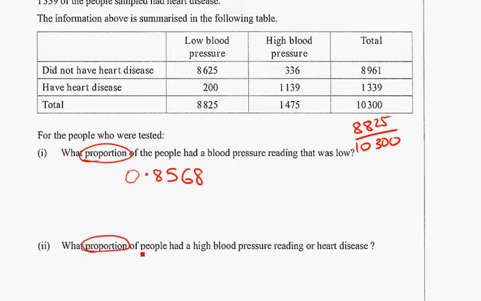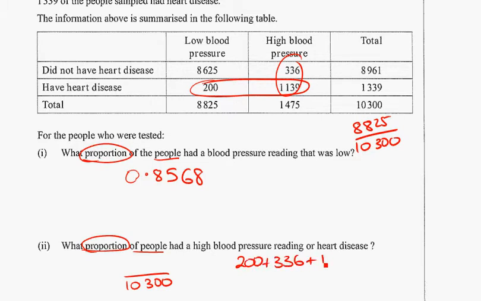Right, part 2. What proportion of people had a high blood pressure reading or heart disease? So once again, it's still out of all the people that were tested. What proportion of them had a high blood pressure reading or heart disease? So high blood pressure or they had heart disease. So these people here meet the criteria, as do these people and these people. So altogether, we've got 200 plus 336 plus 1139. Adding those all together,